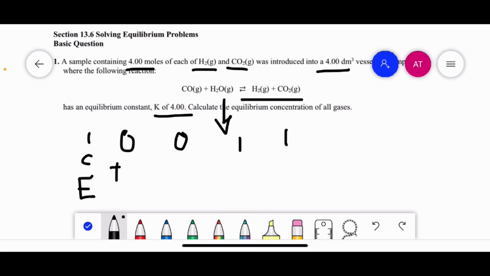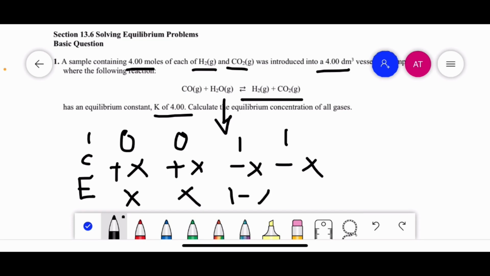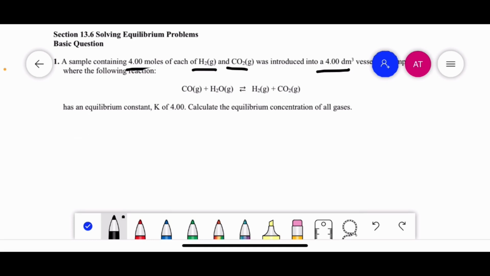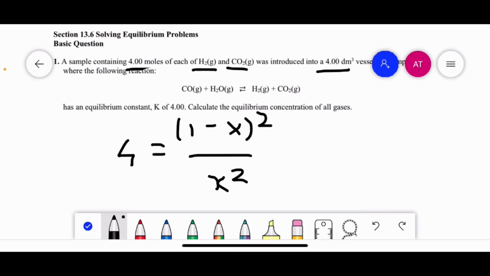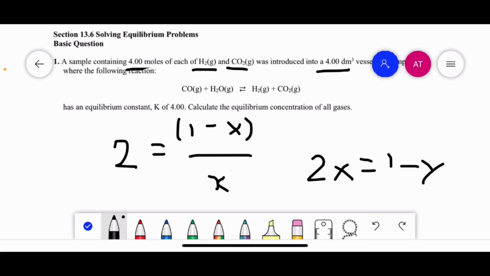So we have plus x, minus x, minus x. So we end up with x, 1 minus x, and 1 minus x. We have to write the reaction quotient. So we know that the equilibrium constant K is equal to 4, which is also equal to (1 minus x) squared over x squared. Now, if we do the root of all of this, we get 2 is equal to (1 minus x) over x. We just substitute, so 2x is equal to 1 minus x. So x is equal to